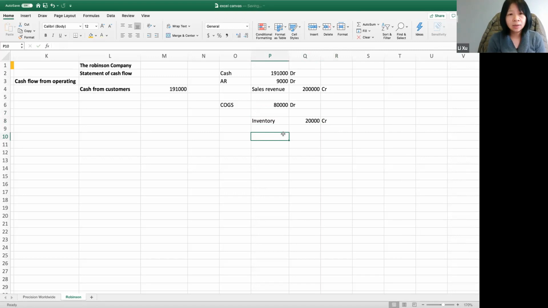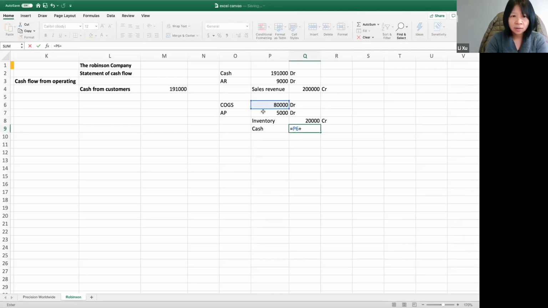So what else do we have? We want to see accounts payable because that's the way you pay for the cost of goods sold, right? So look at the changes in accounts payable. Accounts payable here, you have a decrease. Decrease in accounts payable. What's the normal balance? Normal balance is debit. Okay. Now remember the cash should always be a plug-in amount. To make this balance, the cash has to be on the credit side. I take all the debit, I subtract the credit, which gives you